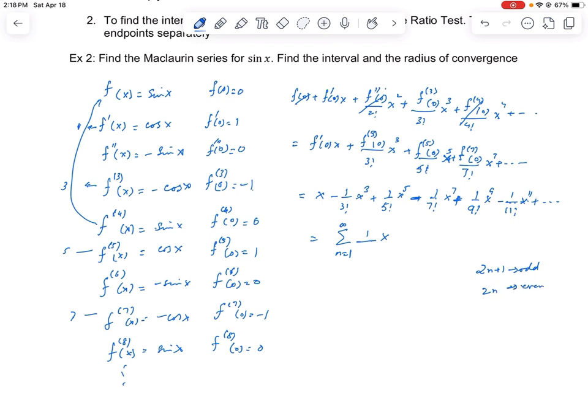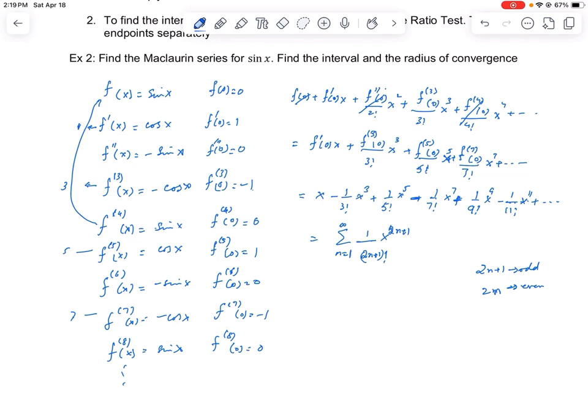Now n is an integer, n will go 1, 2, 3, 4, 5, or 0, 1, 2, 3, 4, 5. But if I just put n here, then I will get the even powers as well. I don't have even powers in my series. So I will put this as 2n plus 1. And same thing here, 2n plus 1 factorial. So that is our